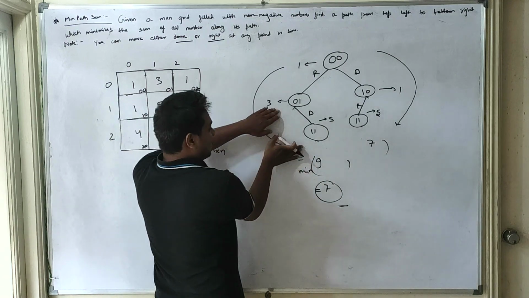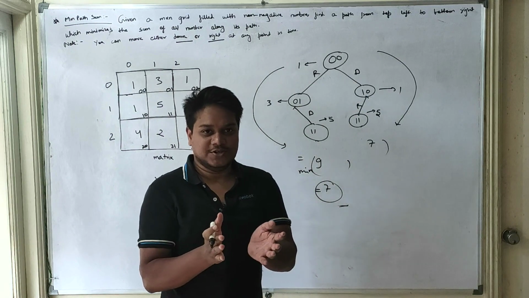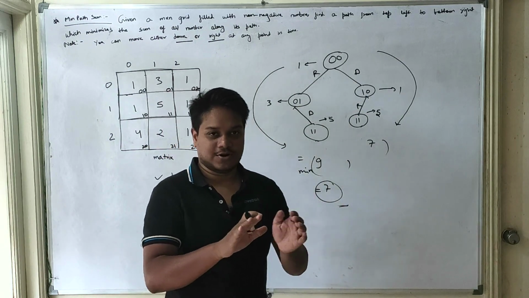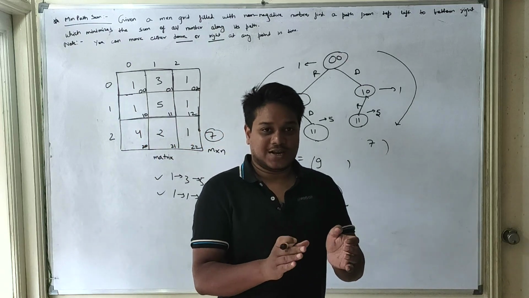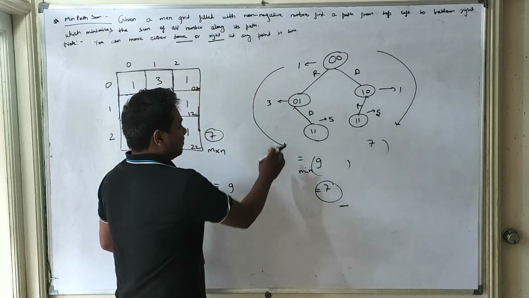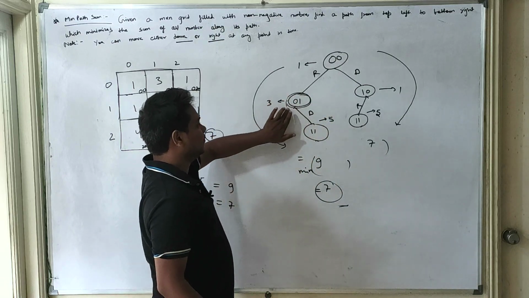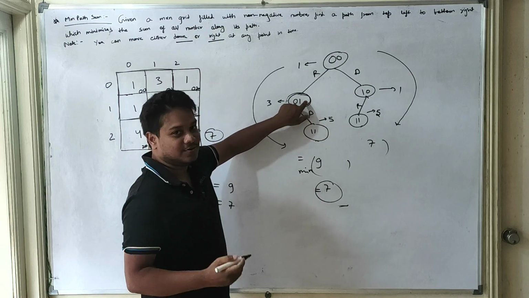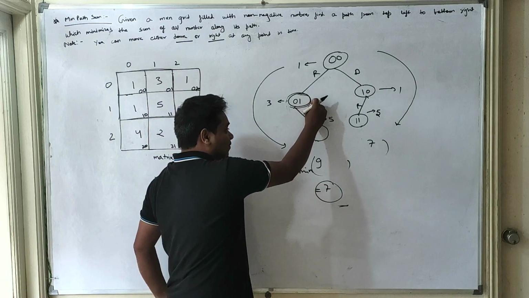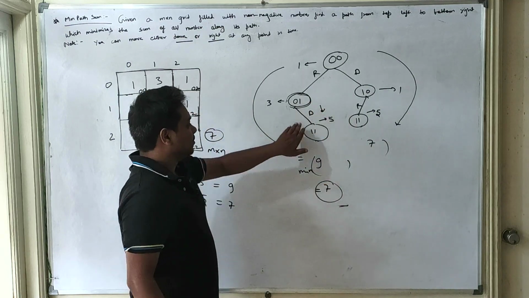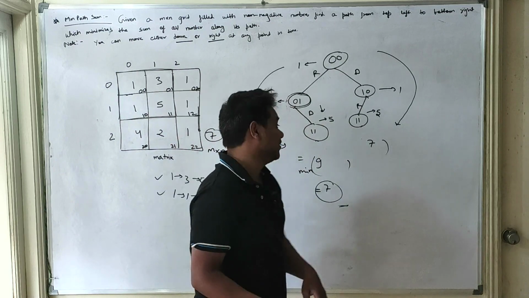So at every point of time we have to decide whether we should go to the right side or down. At every point you have to make a decision to select the minimum value. What is the minimum value? If suppose this, 0 1, is my problem, then I don't have any other options. I can only move down. So this is the only value that I have, and this is the minimum value right now.